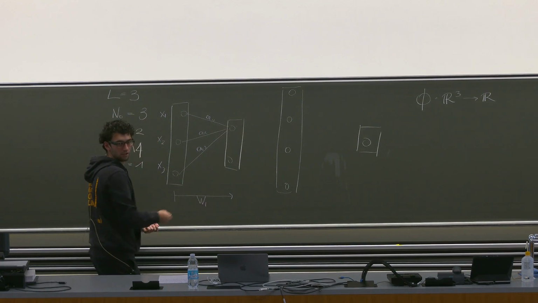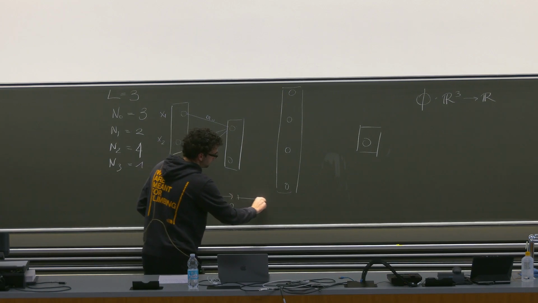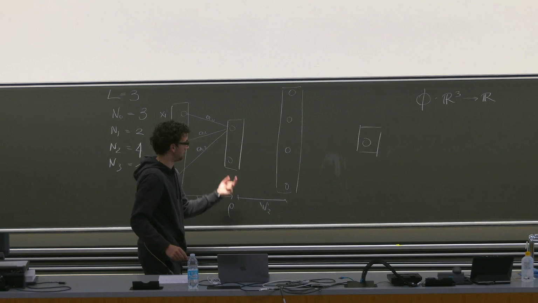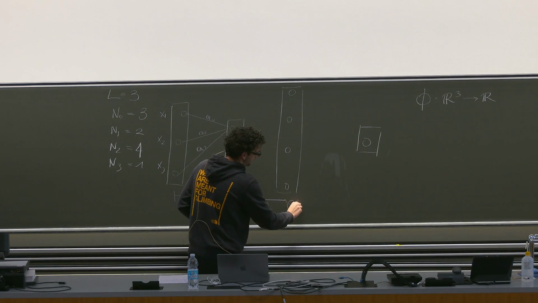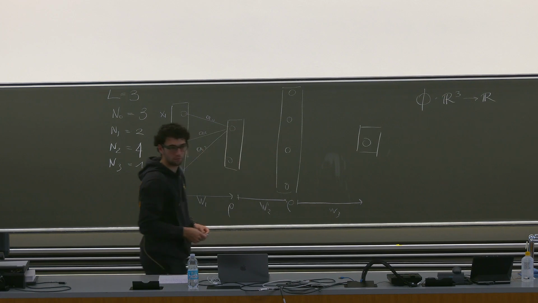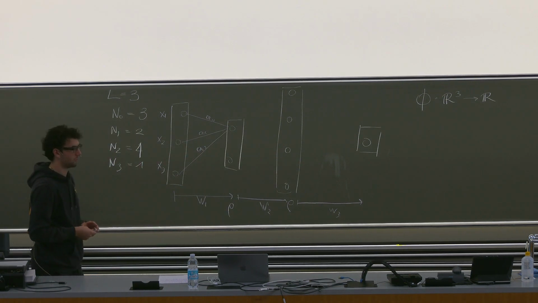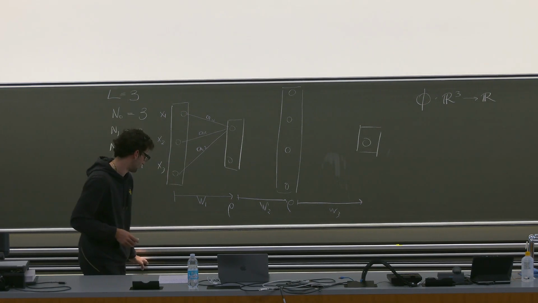After computing the affine transformation, we will apply the nonlinearity, and then we will reuse this in the second layer, where W2 will transform these two in the same way that we transform the first, from the first to the second. Then we will reapply the nonlinearity, and then we will apply W3, and we will get our output. So maybe everyone is already very familiar with how deep neural networks work, how they can be defined, but this was just a very simple example to put everyone on the same page.